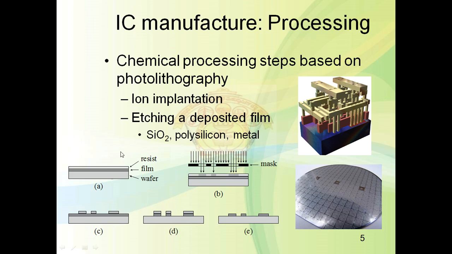In the first step, you can see the silicon wafer, covered with a thin oxide layer. Above that there is a photoresist layer. In the next figure B, you can see a mask. This mask has some holes, and through those holes ultraviolet rays, UV rays, are passed, so that the photoresist layer is exposed.